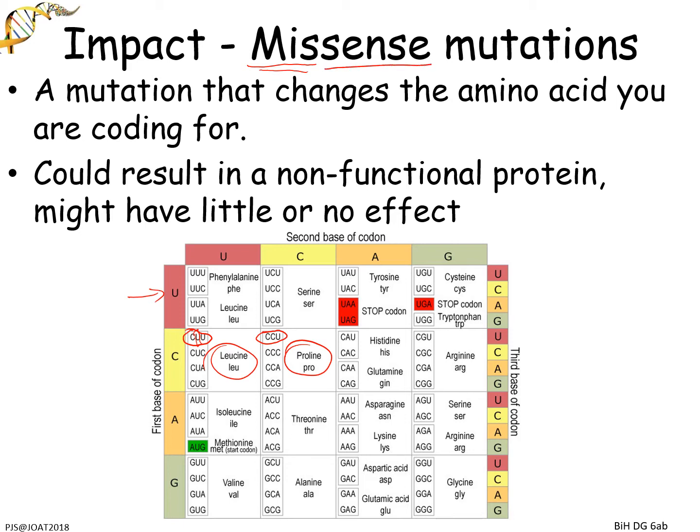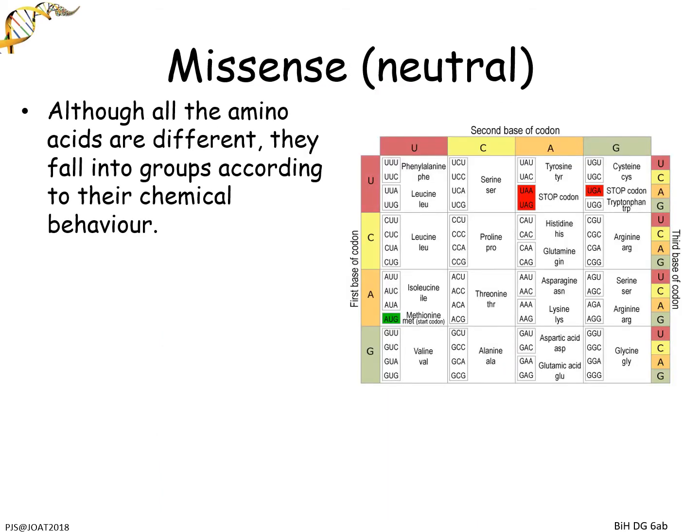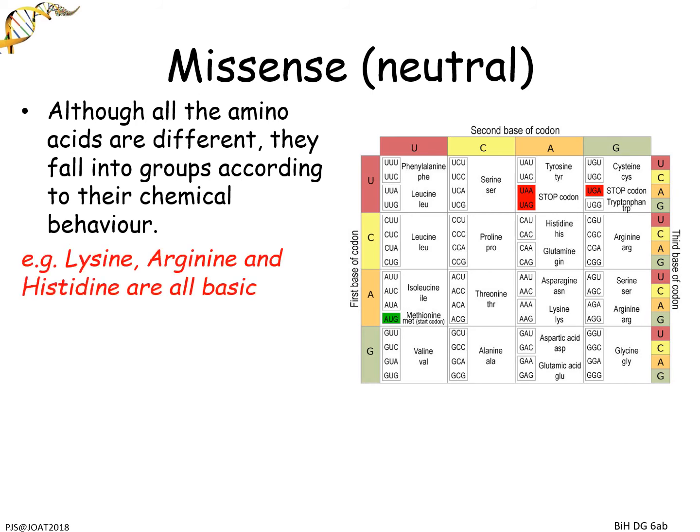But the important thing is that we have got a miss, as in it's not right, sense. So sense is saying something. We're still coding for an amino acid, but we're now coding for a different amino acid. If we code for something which is very similar, our example here is lysine, arginine, and histidine, which are all basic. So here's histidine, where we're going. Lysine